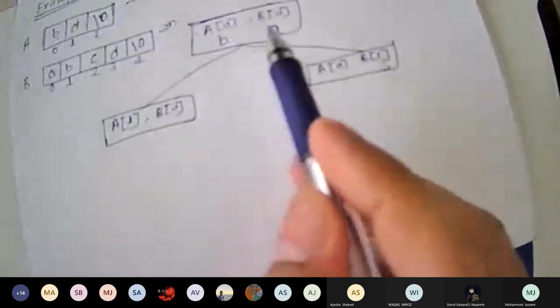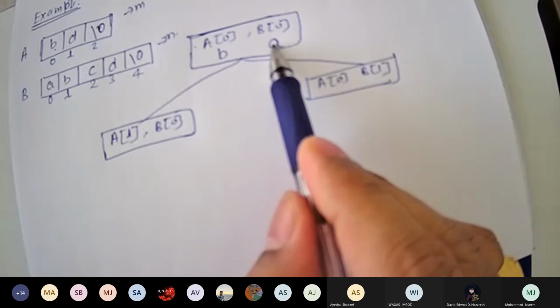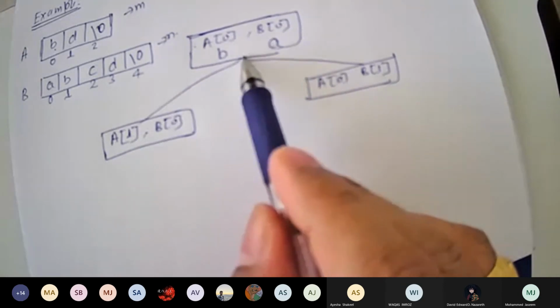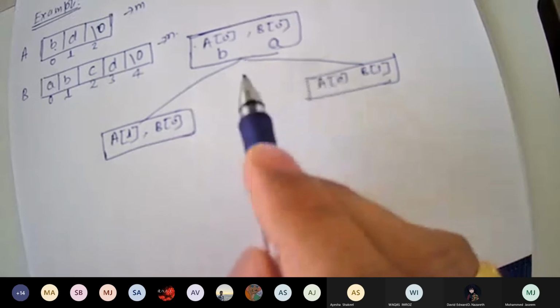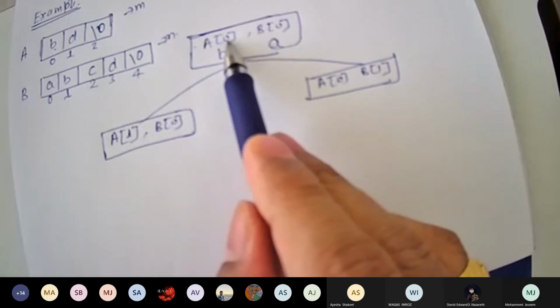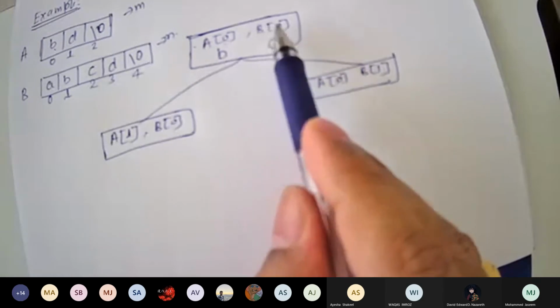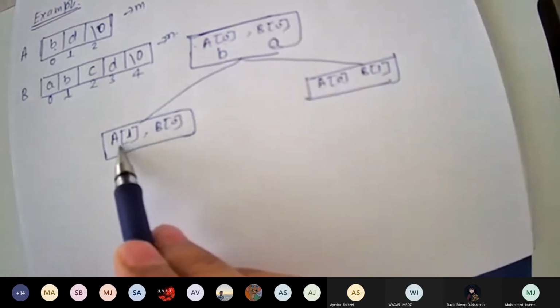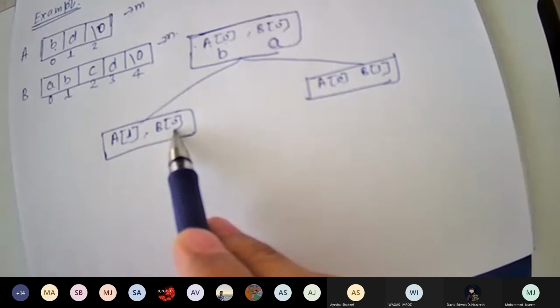So now you come here, both were not the same and not 0 as well. Then what will happen? You will get two parts. In one, I will be increased, so A0 will become A1 and J will be the same, so B0, that's what we have written here: A1, B0.